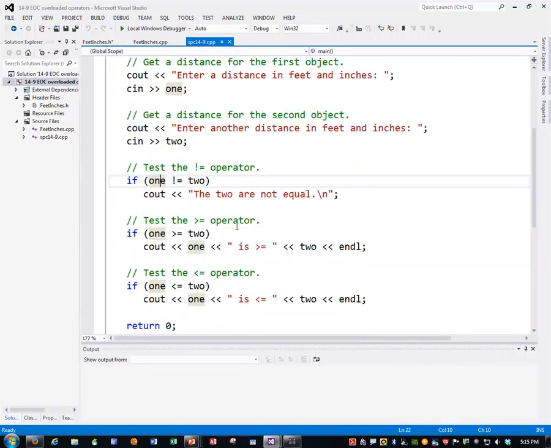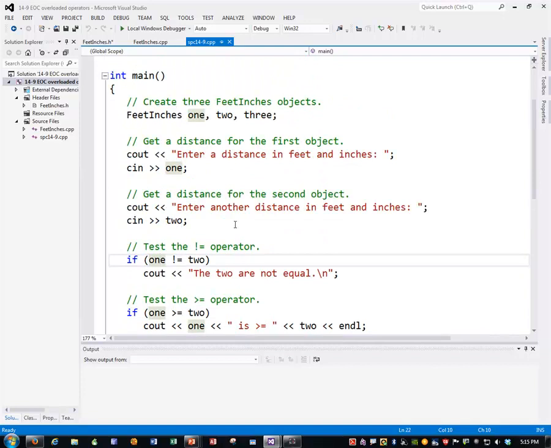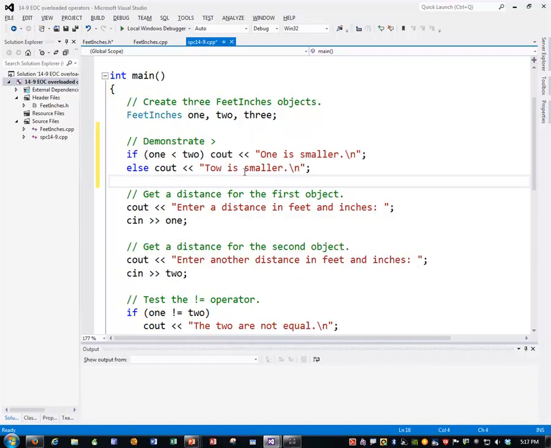It should be here somewhere, or I have a different version of it from doing the other program. Just a second, let me stick some code in there. Hold on. Just for purposes of argument, this is not actually in there, but we can say if, oops, I even misspelled it, if we do a comparison, and we say if 1 is less than 2, which has us compare two